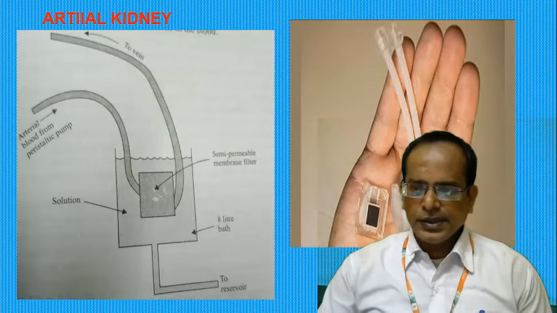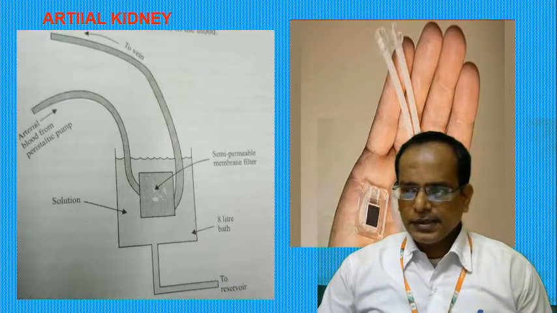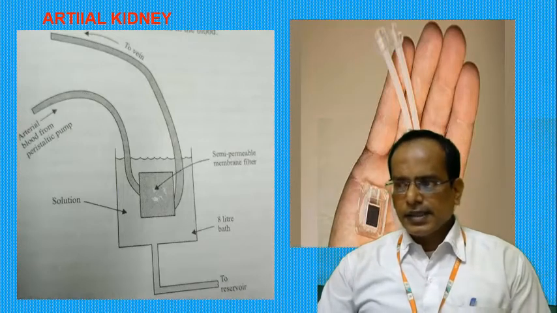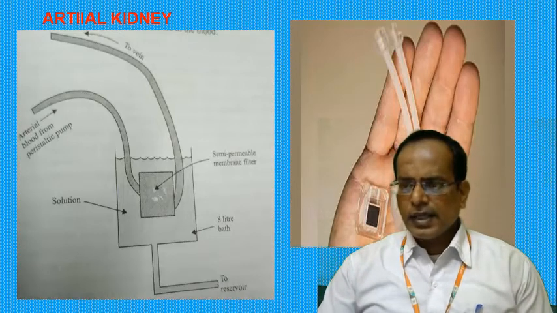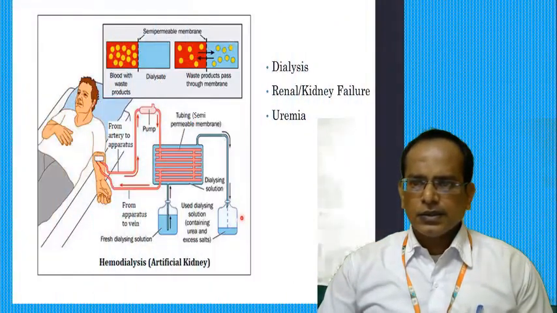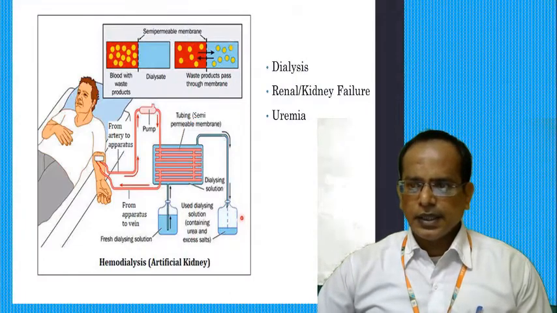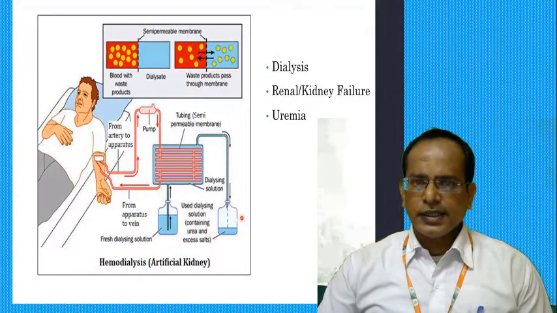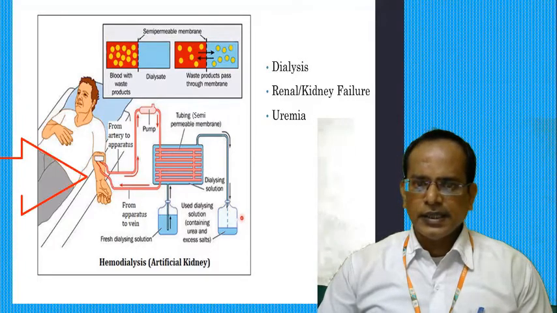This tube must be kept from clotting, which is very important. It must be kept from clotting by the passage of blood, and it is time to analyze on average two or three times in a week. So this is a very important point. Here you are seeing the patient taking hemodialysis, which is called the artificial kidney.